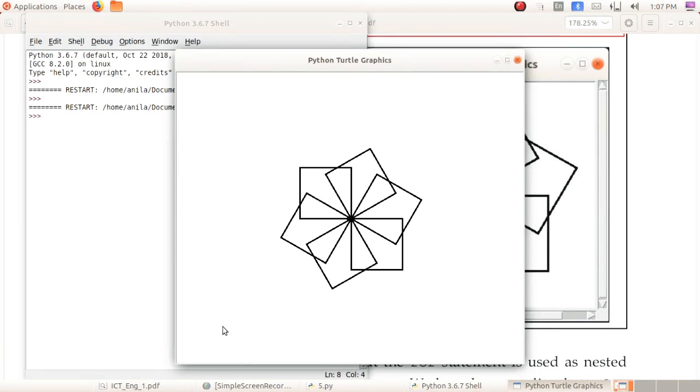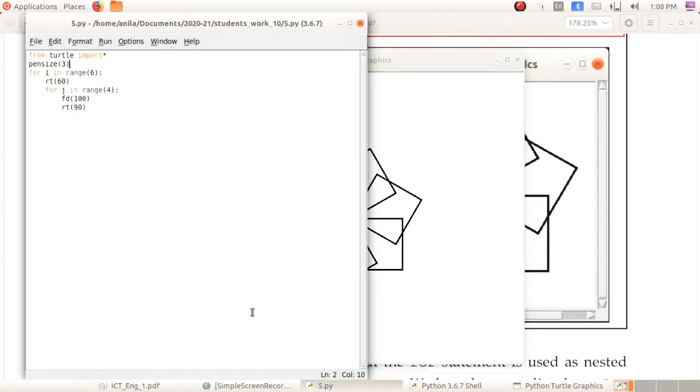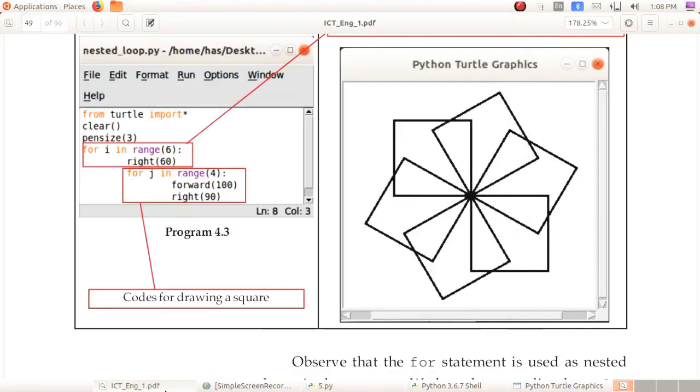So dear children, did you get the idea? Yes, these 2 codes are for printing the square 6 times and rotating the square by 60 degrees each time it is printing. Okay, and this code is familiar. It is the code for drawing a square. Okay, now look at the textbook.